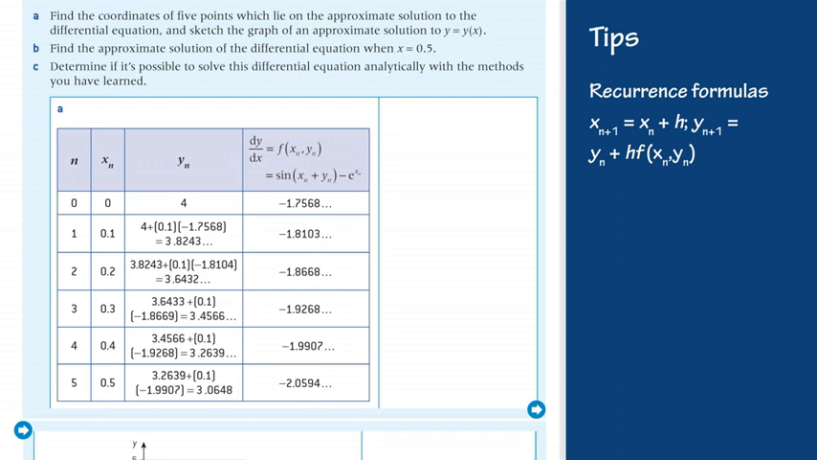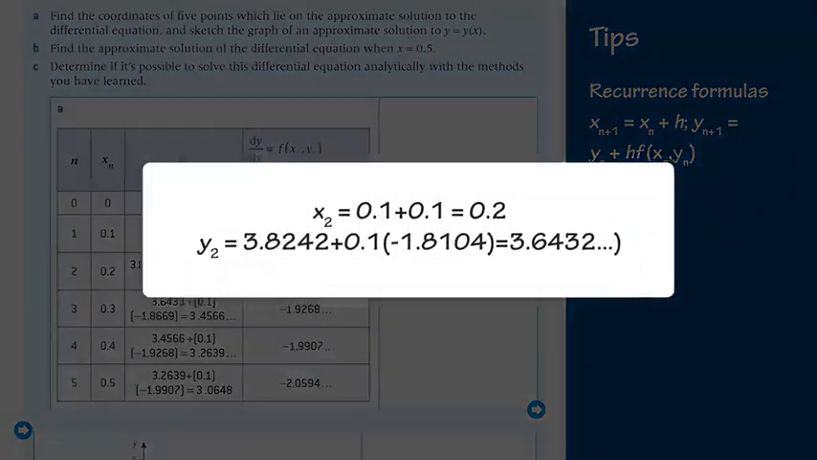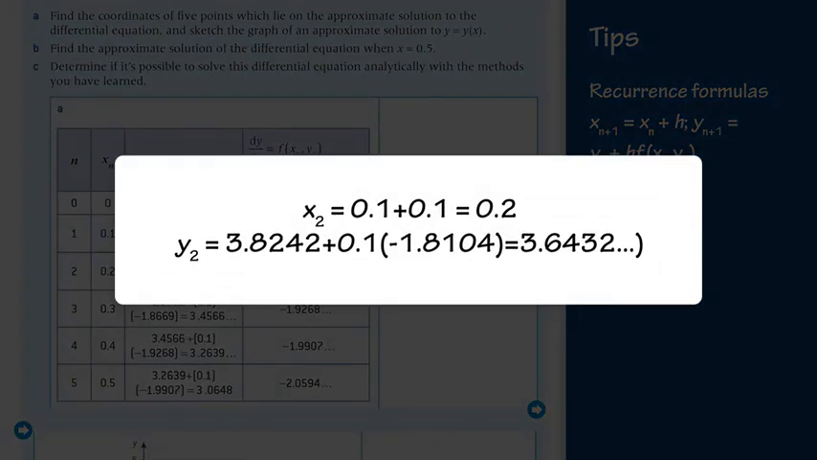You now have the point (0.1, 3.8243...) in addition to the initial value (0, 4). You can already see that the distance between these 2 points is indeed very small. Continuing in this way to find the next point, (x2, y2), x2 equals 0.1 plus 0.1 equals 0.2, and y2